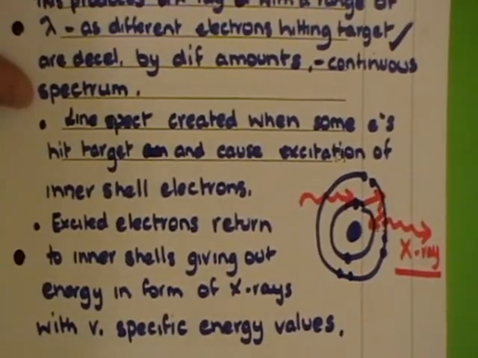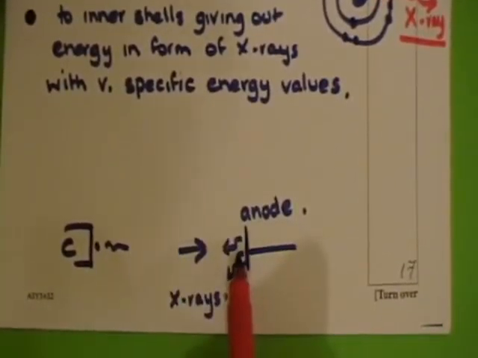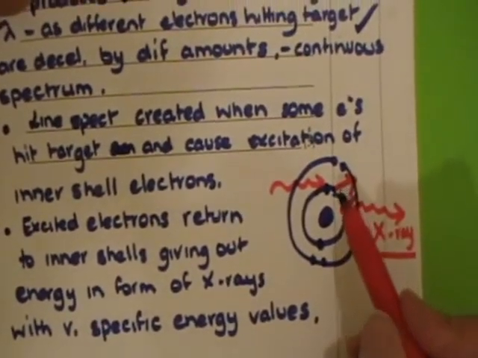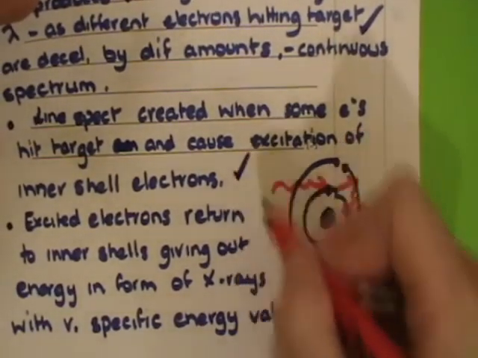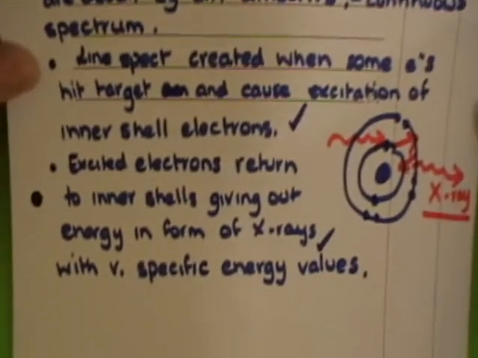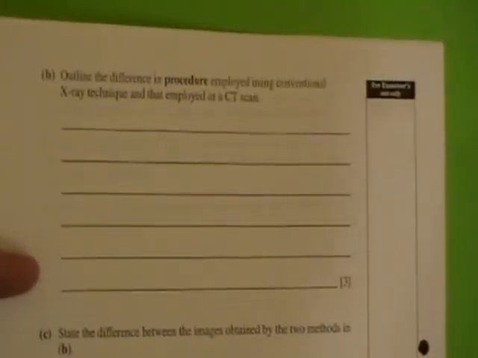Okay, so that's how you have, first of all, your continuous spectrum, but then this is how your line spectrum is created, and there will be 2 marks there. Okay, and that's your 5 marks in total. The next part